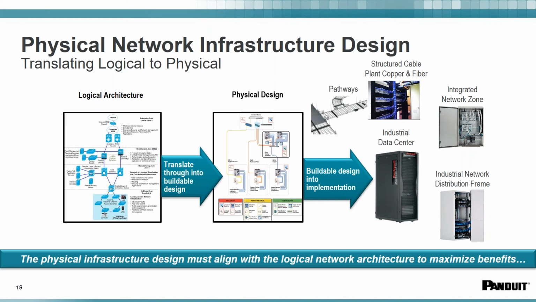And at the end, the RCDD, the designer of this network, will put together a physical design that basically has in it all of the buildable components. So you will see here all of the different devices that have to be deployed at some point in this architecture, and where they need to be on the design. If they need to be at the micro data center level, do they need to be near the control, and where? And you find all of these different devices that come up. Is it an industrial distribution frame? Is it a control center, and so forth?